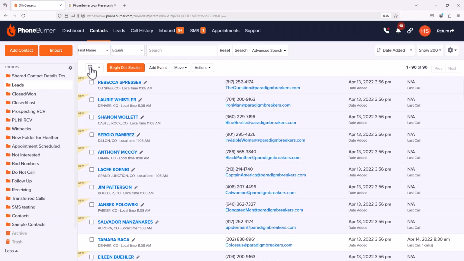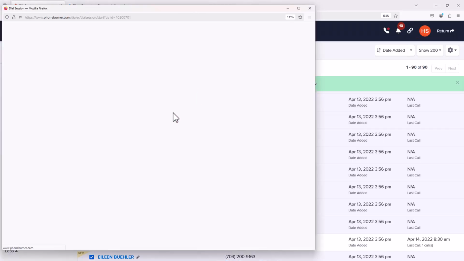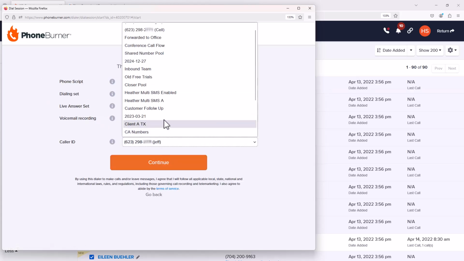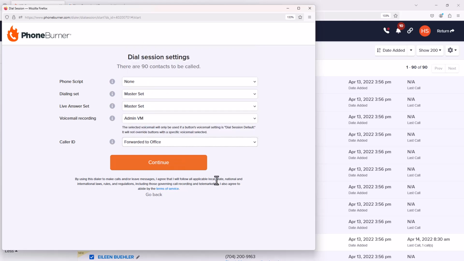From there, I'm going to go ahead and select some contacts and begin a dial session. And you'll see when I'm going to choose a caller ID, the Forwarded to Office number pool will be listed as a caller ID option. And that's it. That's how easy it is for you to configure a number pool in PhoneBurner that routes all callbacks to a number